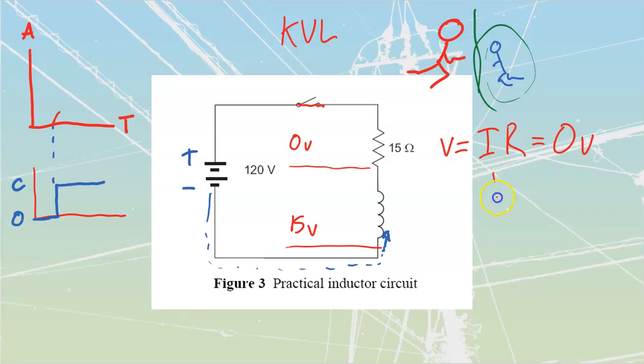If my current goes up to 1 amp, that's an I, 1 ampere, and that's multiplied by 15 ohms, I know that this would therefore no longer be 0 volts. This is now going to be 15 volts that we are going to have over here. And so what I'm going to have is, if I'm dropping now 15 volts over top of this, that would mean,